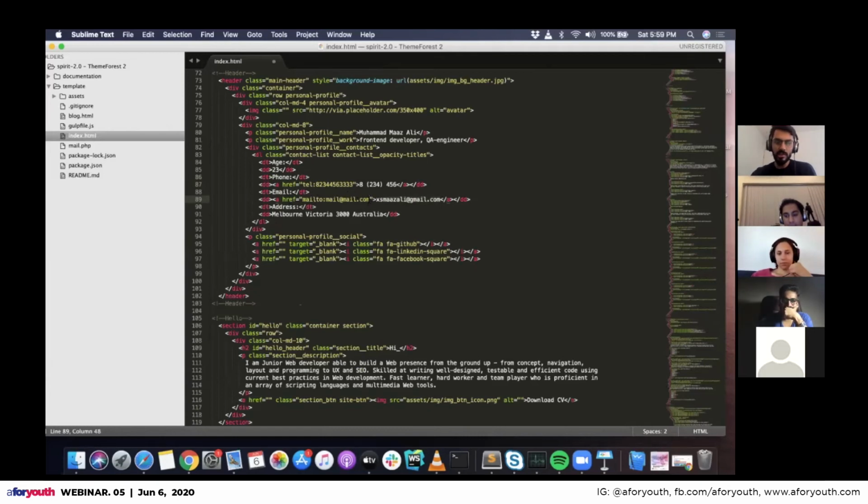This says mailto mail@mail.com, so I put my own email address here as well. The same goes for the phone text: in href, it says tel to this number, but I want to replace it at both of these places.